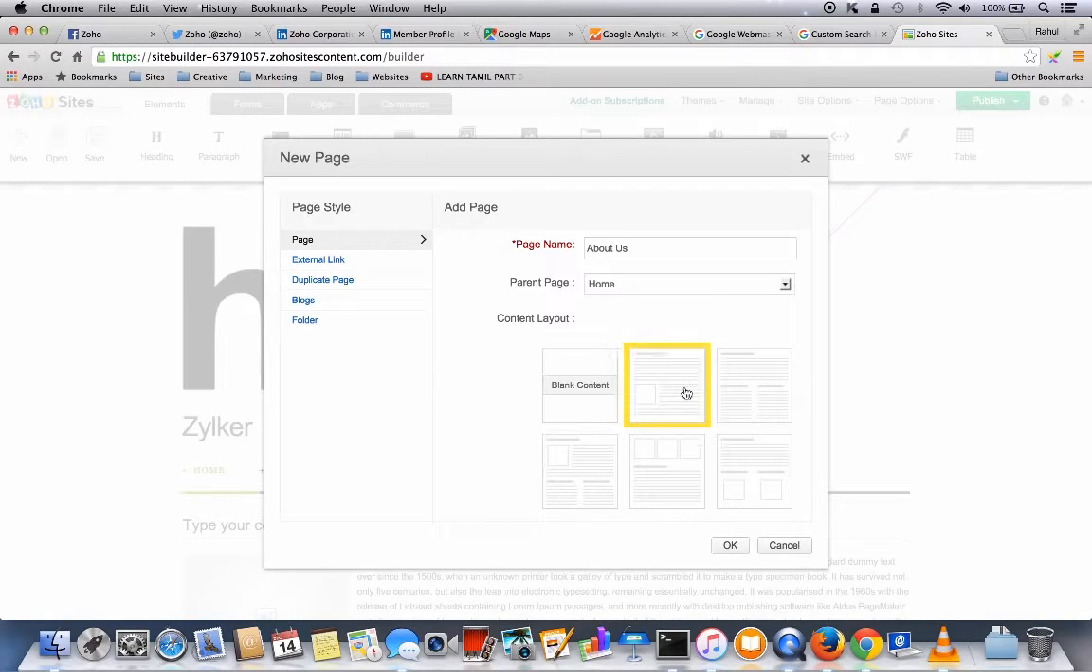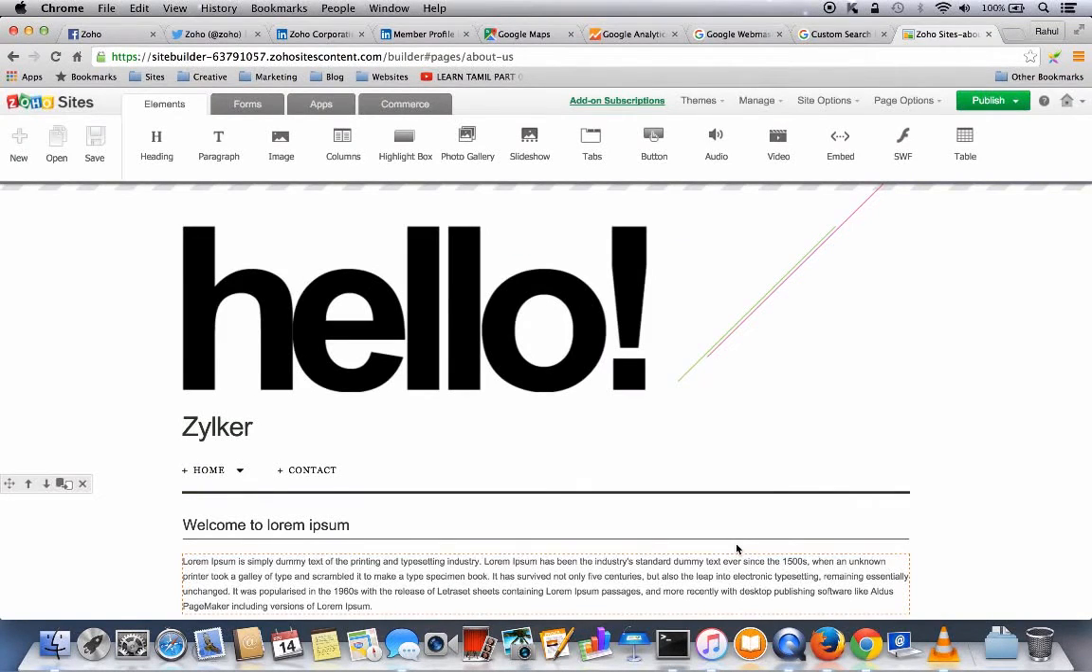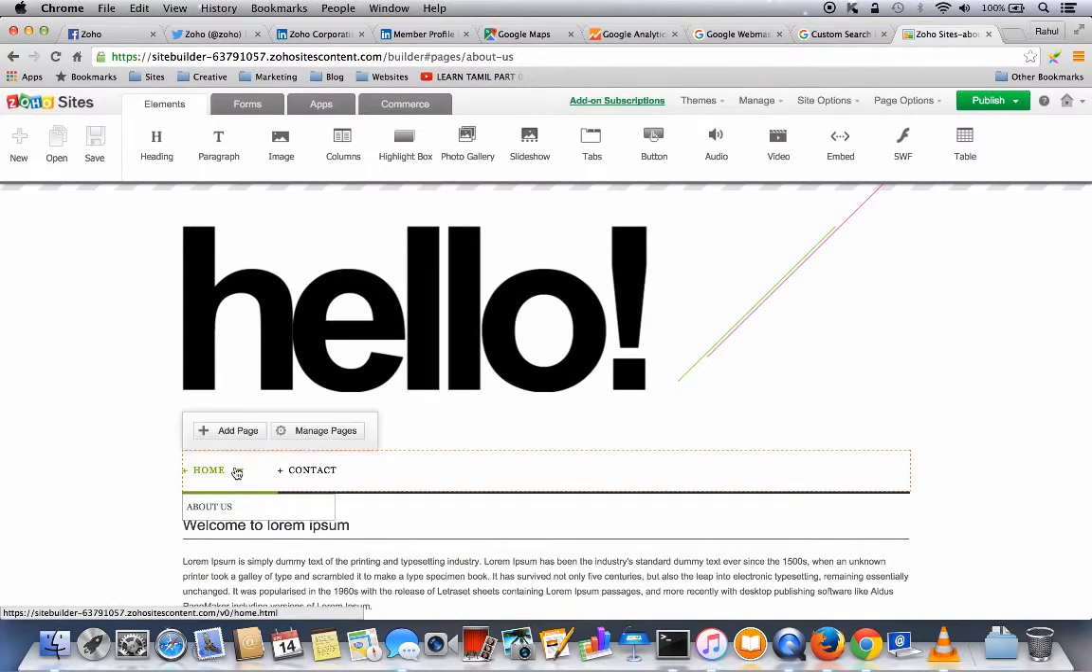Choose a layout, and besides these you can also make it a link page to an external link, or a duplicate page, a blog page, or even a folder of multiple pages. And once done with the settings, just click OK. And now as you can see, the About Us page has been added as a sub page of this home